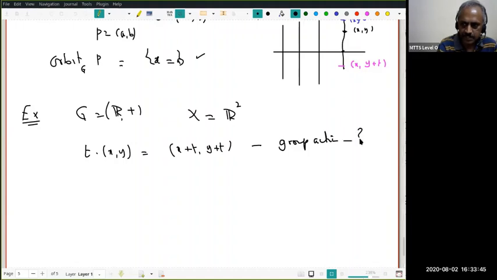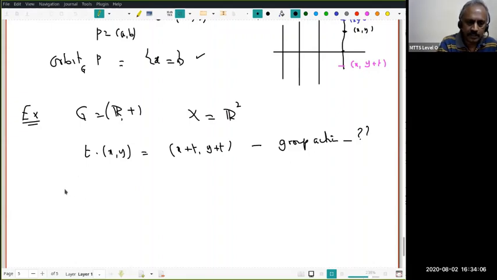Now by now it's easy for all of you. Yeah, t equal to 0 is (x, y), and t will give you (x plus t, y plus t). Act s on that, it will be (x plus t plus s, y plus t plus s), which is the same as the combined action. So it's very trivial to check. So this is fine. Now let us look at the orbit under this action.